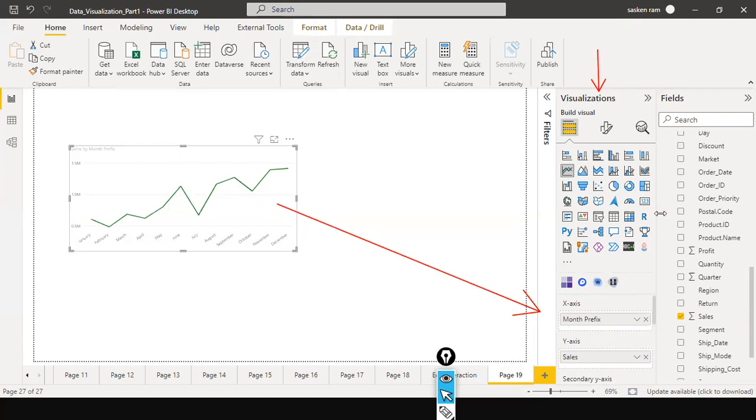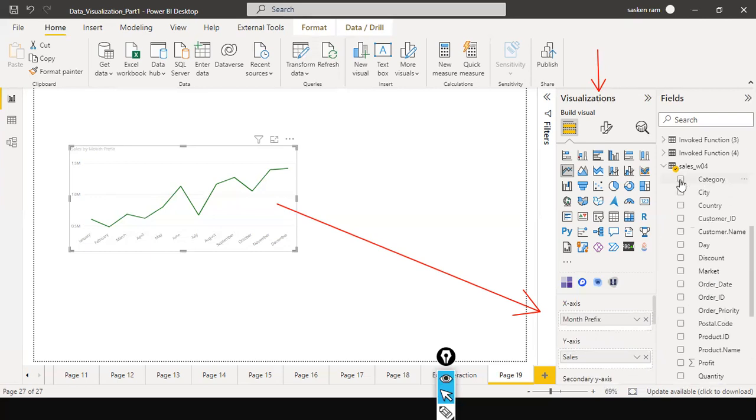And you might be asking, instead of dragging and dropping the columns directly, can I drag and drop it in this field? Yes, that is also possible. For example, you can select profit and drag and drop it here instead of dropping it in your visual. So, all right, the next one is, I'm going to use